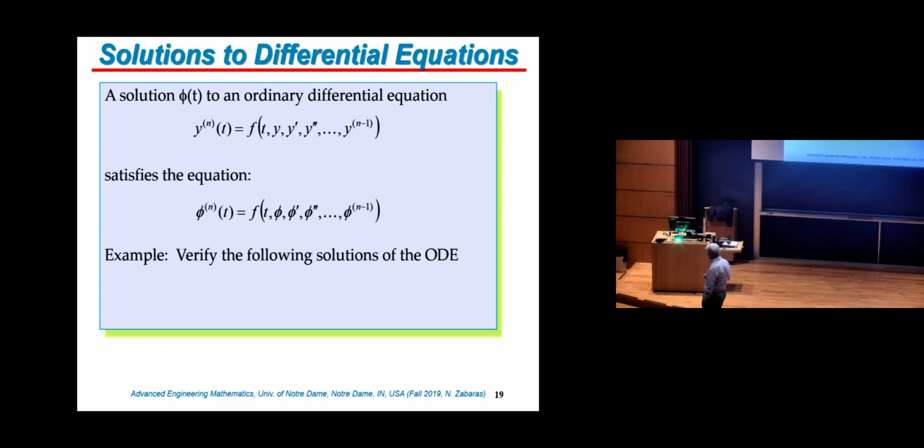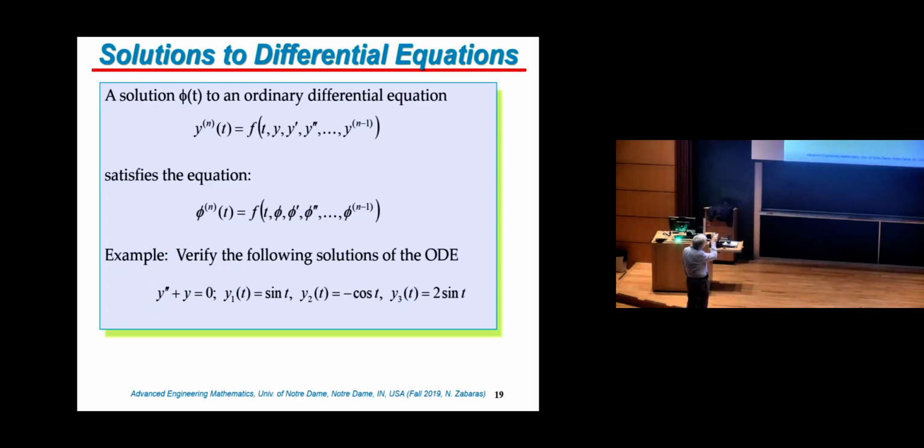That is not going to be very helpful. So you need to have at least some open interval where there is a function phi that satisfies this. And if you take this simple equation, if you plug in sines or cosines, and I give you different options here, all of them are solutions of this equation, which actually implies, by looking at the last equation, that when you haven't brought in initial conditions yet, there's a whole class of solutions.